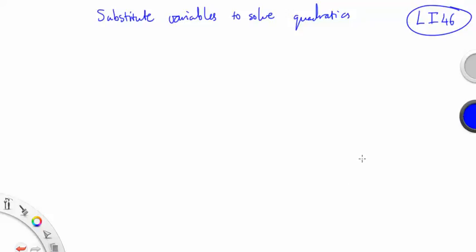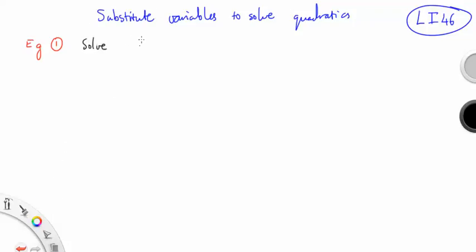Hello, in this video we're going to look at substituting variables to solve quadratic equations. So this is targeted at a very specific kind of question and it can pop up on exams, so it's a very particular skill, a very set routine that we're going to go through. And I've got two examples here, so we'll start with